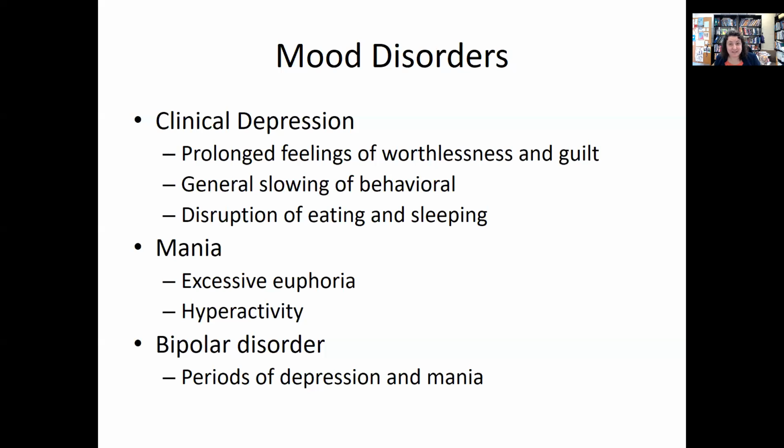So in order to be diagnosed with bipolar disorder, you have to have at least 1 episode of mania, or manic episode, for bipolar 1 disorder. There's also a bipolar 2, where you have what's called a hypomanic episode, just a shorter, less severe manic episode. And then with bipolar disorder, you'll also see episodes of depression, and that's where we get the name bipolar, because they swing from these high highs of mania down to these low lows of depression.